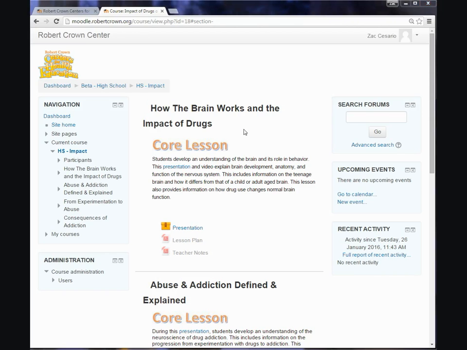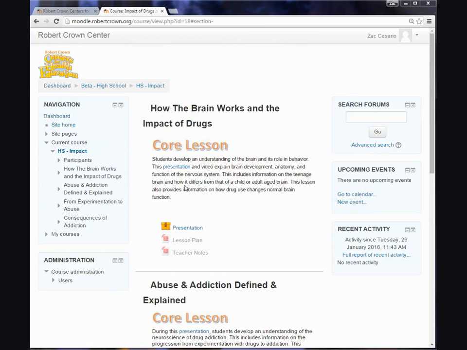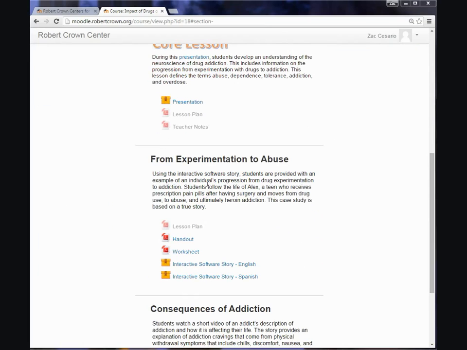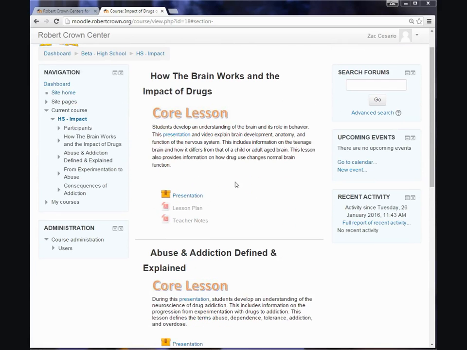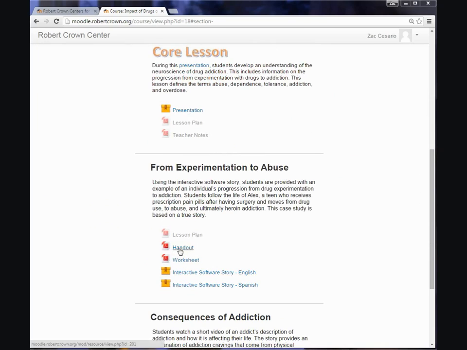I'll now show you how to download supporting materials for each lesson. These materials may include lesson plans, teacher notes, handouts, or worksheets. I'm going to scroll down and show you how to download a worksheet. It's very simple. First, you need to identify which supporting material you would like to download, and you simply click the link. Once you have clicked the link,